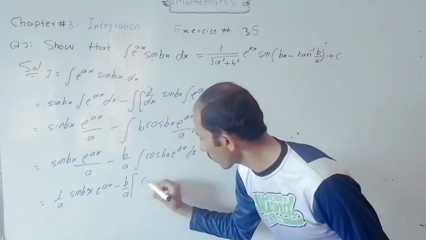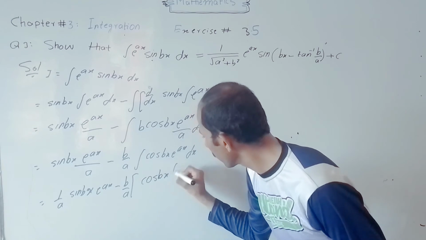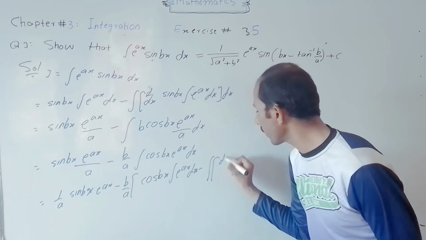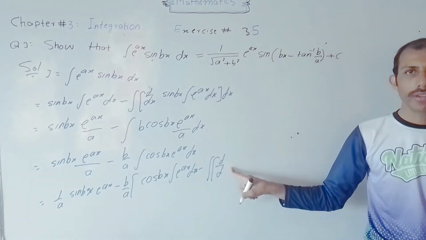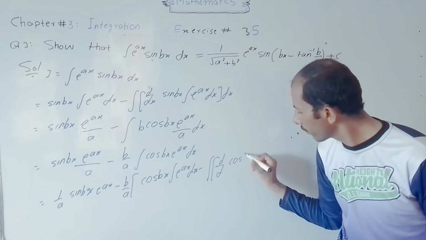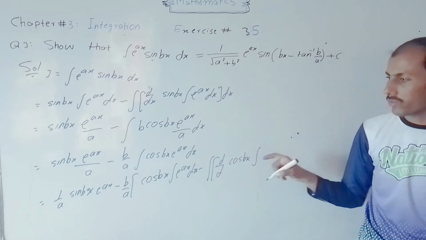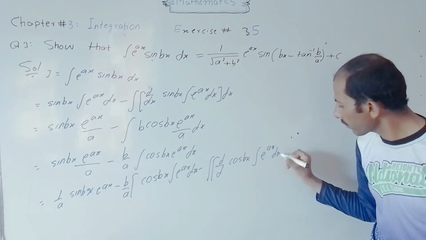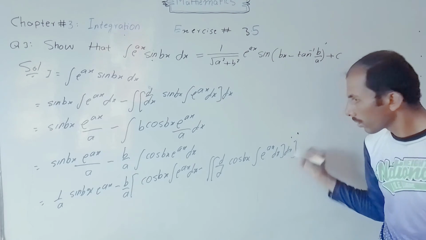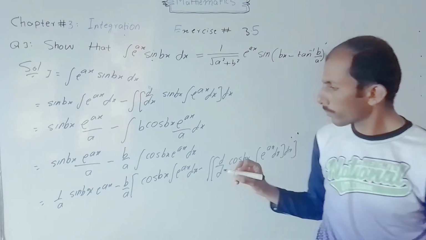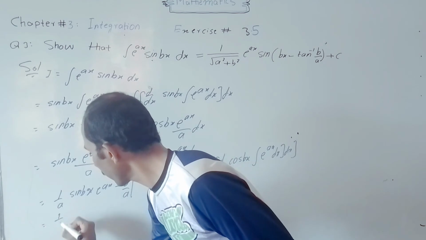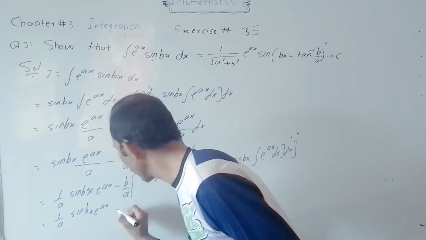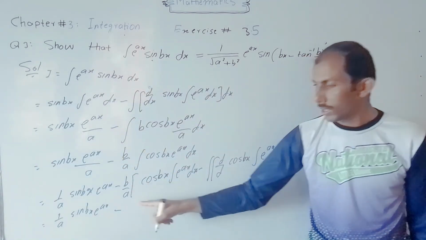So first function, that is cos bx, integral e power ax into dx minus integral derivative of first function, that is cos bx, integration of second function, that is e power ax into dx, which is equal to 1 divided by a sine bx e power ax minus b divided by a